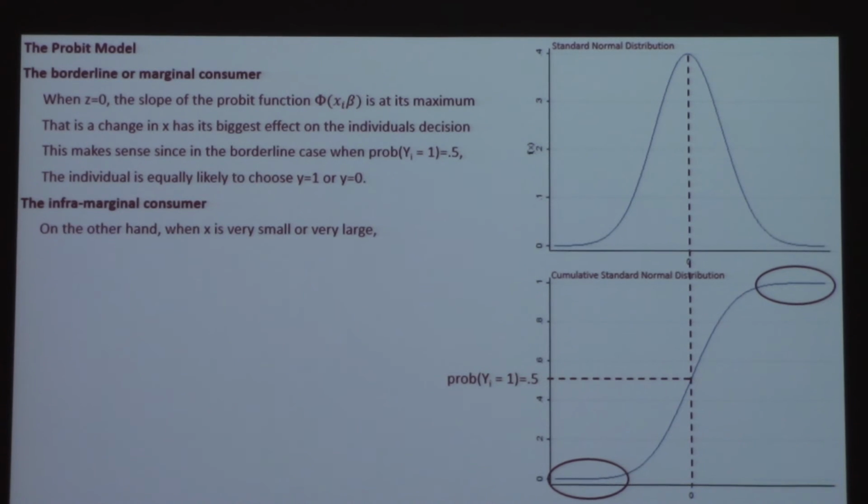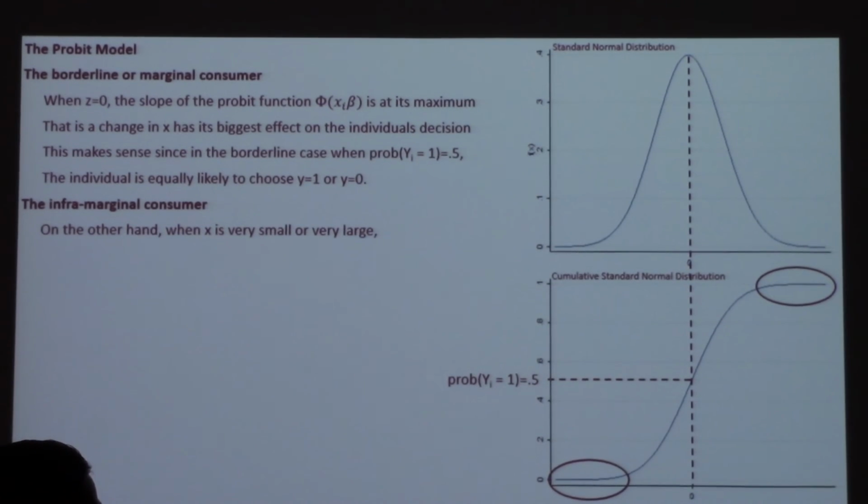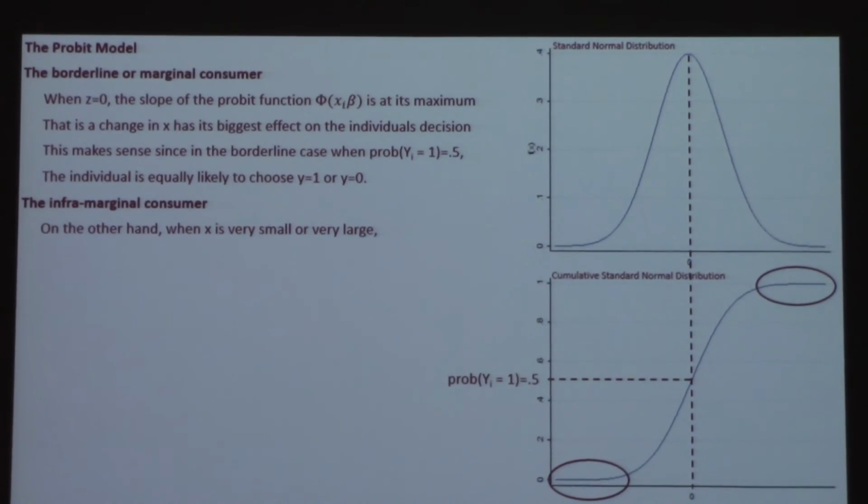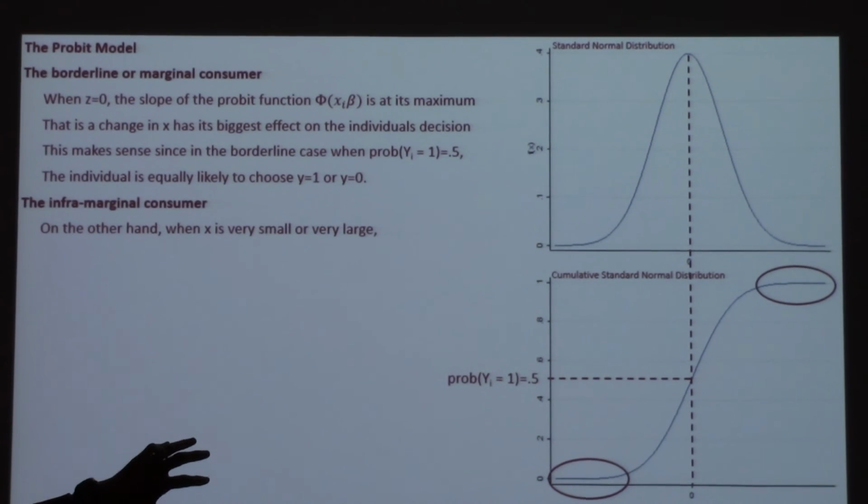It's where the independent variables, the prices, and the other promotions and other things are going to have their biggest effect. In those flat areas, the independent variables are going to have their smallest effect. So when we analyze price, we know where in the neighborhood it's going to have its biggest effect. When we analyze promotion, we know where promotion is going to have its biggest effect. It's probably going to be closer to the borderlines than to the extremes. And again, these make sense.